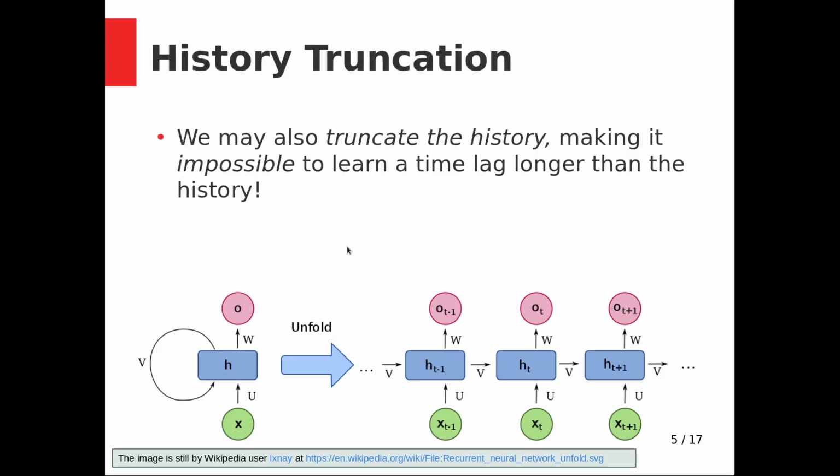So we also have the problem of history truncation. If the sequence is 300,000 elements long, we cannot commit to storing all of those steps in memory. So we might truncate the history to 500, 100, whatever. That means, among other problems, that if the lag between some input event